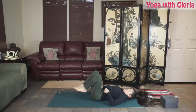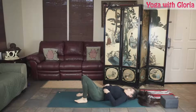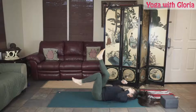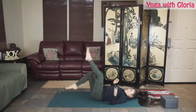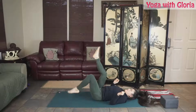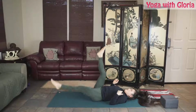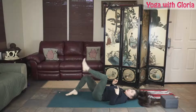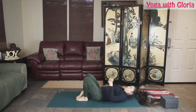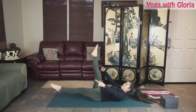We're just going to do a quick core. Just since we're on our backs already, it's easiest. So this is the easier one. You could just do this, tapping 1 foot at a time with bent knees. That's the easiest. You can flutter your feet like this with straight legs. That becomes harder. Or the hardest one, you can lift your head and shoulders, point your feet, straighten the legs,